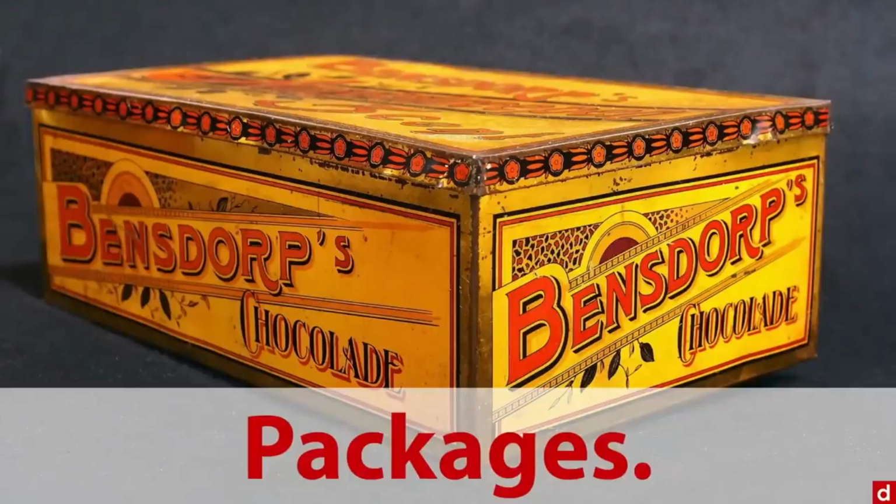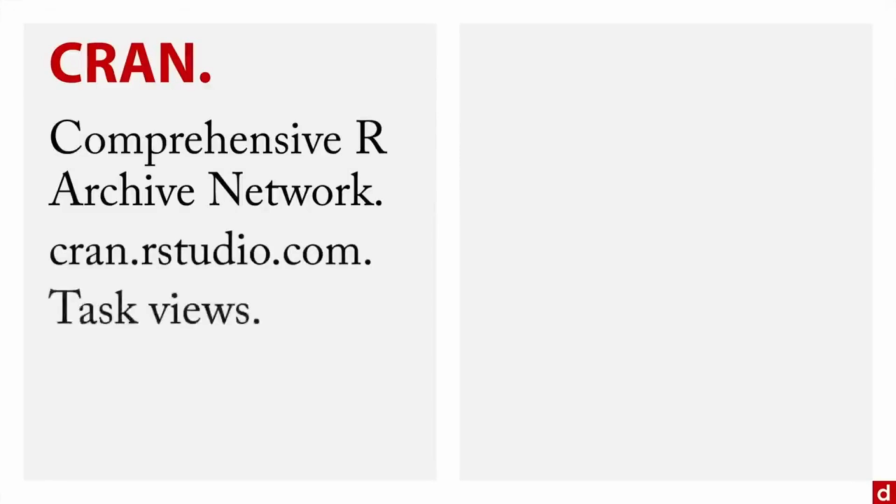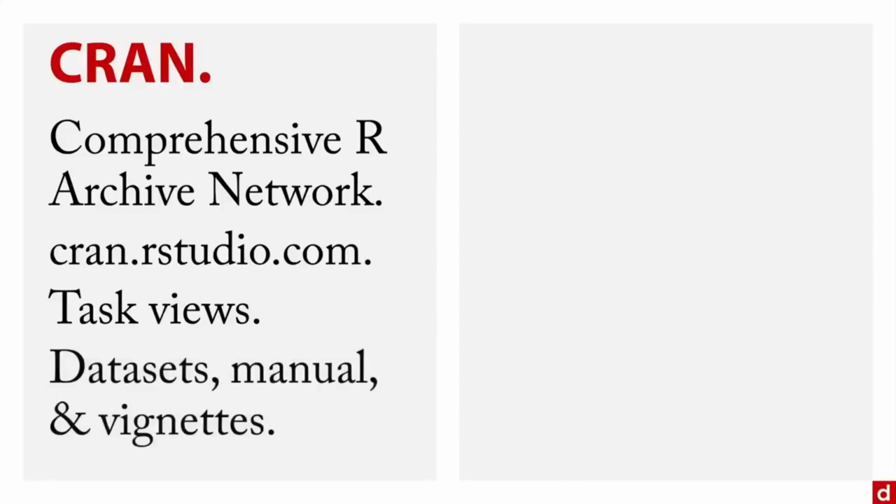Now, there are two sources of packages for R. One goes by the name of CRAN, and that stands for the Comprehensive R Archive Network. And that's at cran.rstudio.com. And what that does is it takes these 7,000 or so different packages that are available, and it organizes them in topics that they call task views. And for each one, if they've done their homework, you have data sets that come along with that package. You have a manual in PDF format, and you can even have vignettes where they run through examples of how